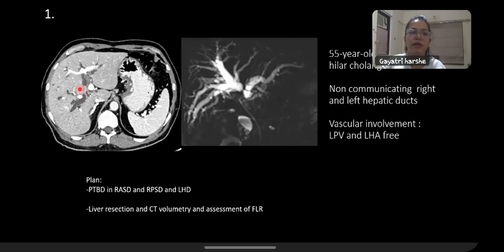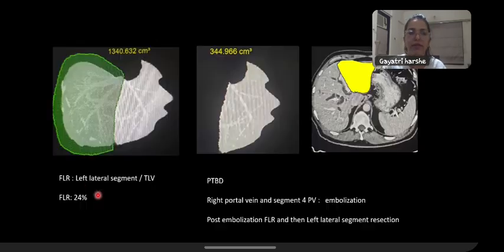So this is a type 4 block was there. So plan was to do the PTBD within the right anterior sectoral as well as right posterior and left hepatic duct, because these were non-communicating. And then for the liver resection with left lateral lobe and CT volumetry and assessment with FLR. But when we